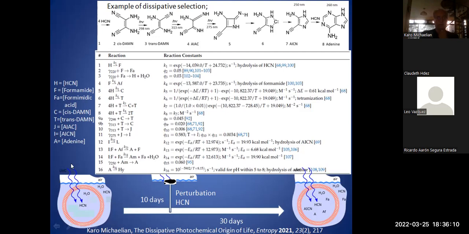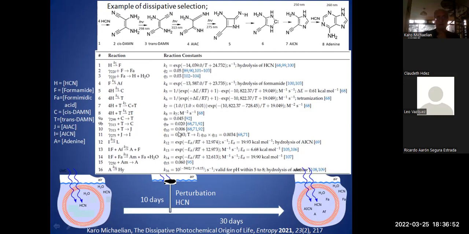So therefore, the model is that we have this spherical vesicle, which is subjected to ultraviolet light floating on the ocean surface, and which is permeable to water and hydrogen cyanide. And we look at the system over 10 days. And we evolved these equations for 10 days, day and night. Each day was 16 hours, so 8 hours of sunlight and 8 hours of darkness. And we include a perturbation because this system is nonlinear. In fact, this trans-DEM acts as a catalyst for the formation of cis-DEM from 4 molecules of hydrogen cyanide. So this is acting like a catalyst. So these are nonlinear differential equations.